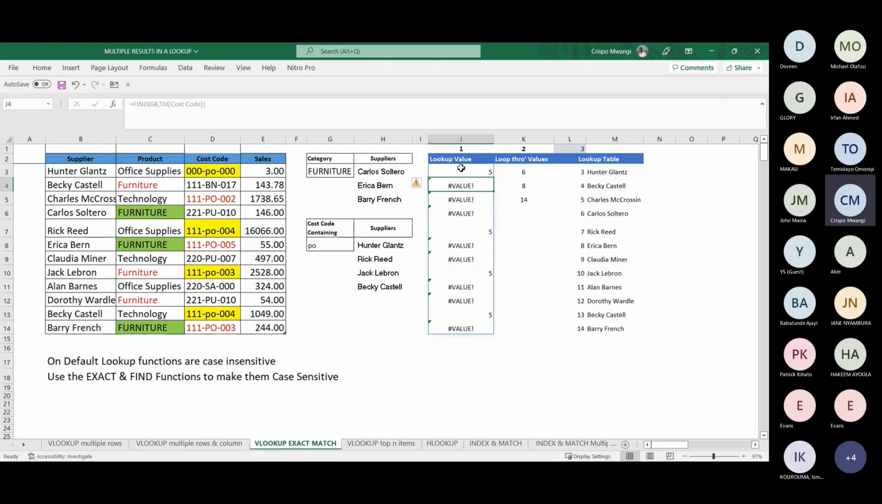What FIND does is that it returns the position of that PO, and if it doesn't find this lowercase PO, it returns an error. So you can't use it as a logical test inside IF, because at the end of the day we want the row numbers where this PO is contained. What you need to do is convert this into a logical test of